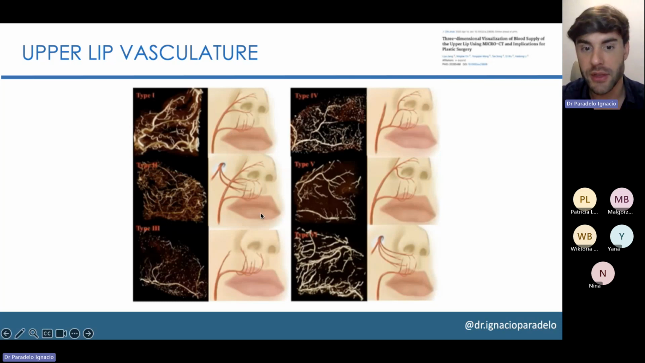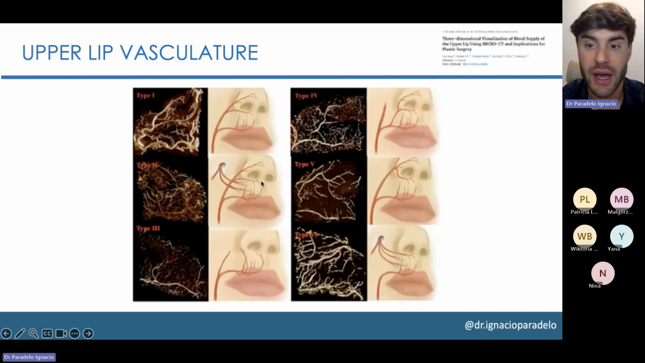And as we can see, the same happens in type 6, much less common than the previous ones, but these communications between the infraorbital artery and the superior labial artery are what we have to take into account when performing our filling treatment with hyaluronic acid, because it's in this case